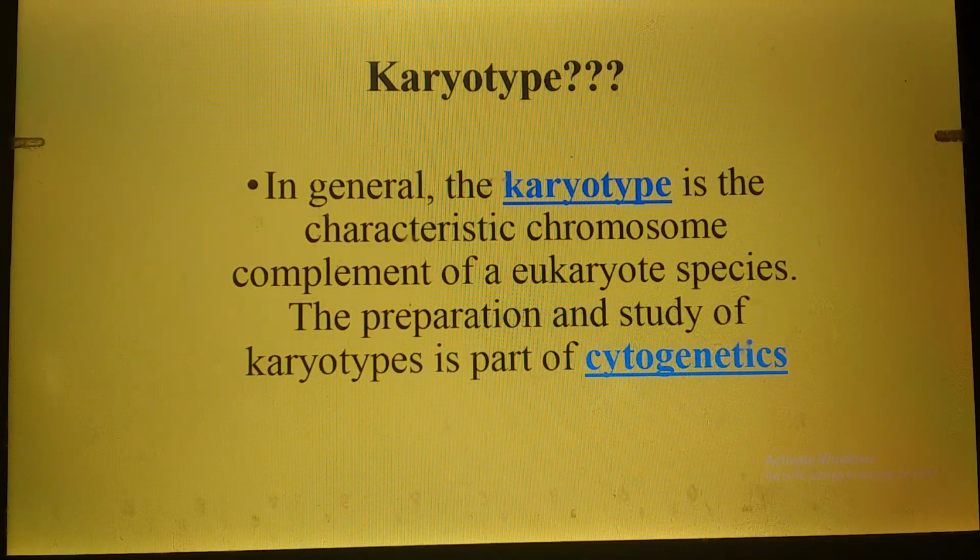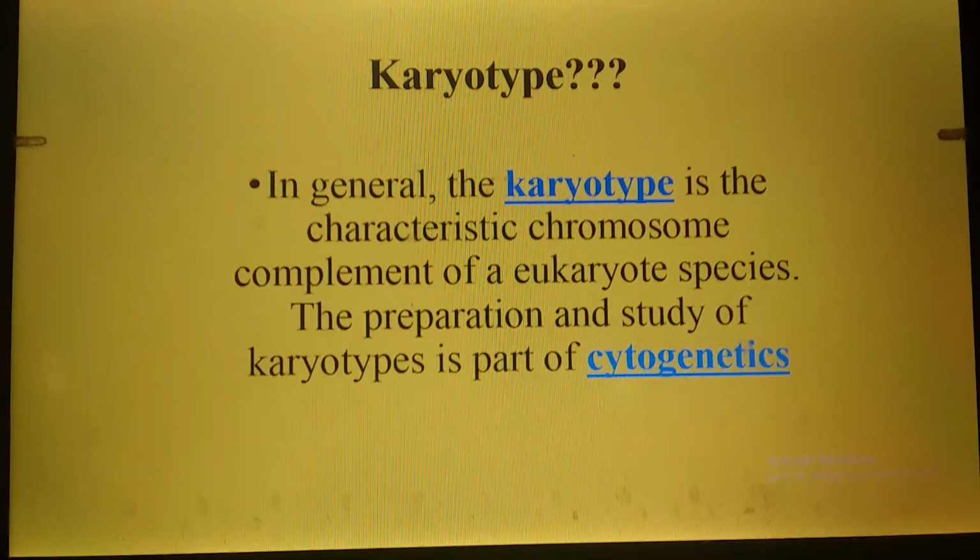Most of the students, and when I was a student, I was confused about the karyotype. भाई ये karyotype क्या है? So karyotype actually, you can say, is a term which is used for the whole genome in the cell. जो सेल के अंदर तमाम हम कहते हैं, जैसे ह्यूमन के 46 नंबर ऑफ क्रोमोसोम है, तो दिस इज द कैरियोटाइप.